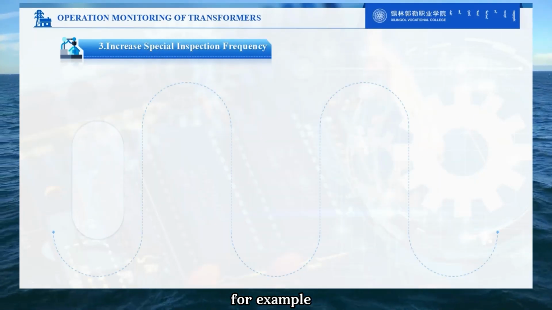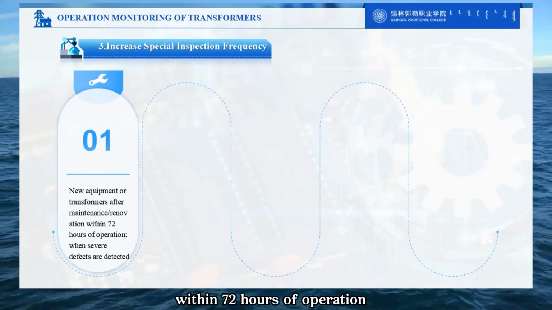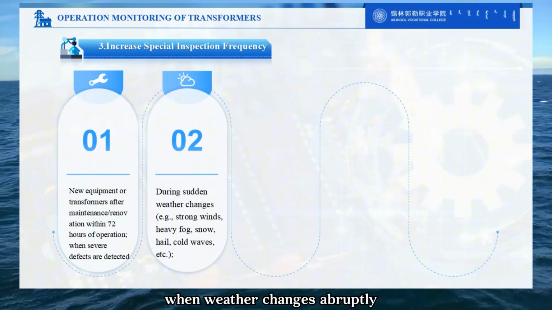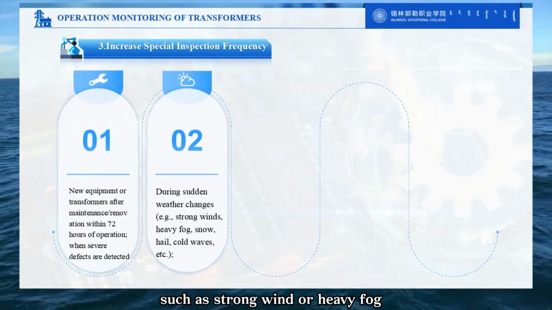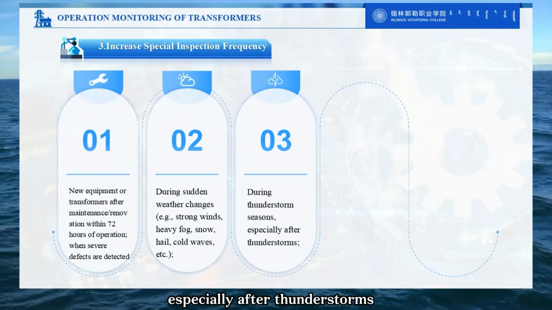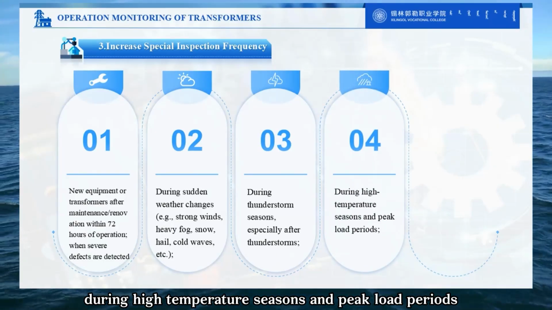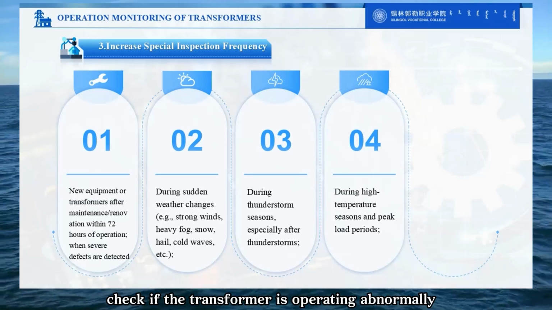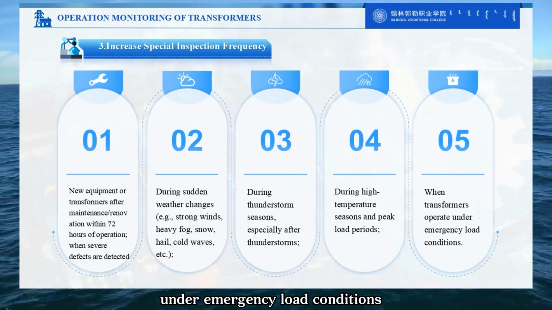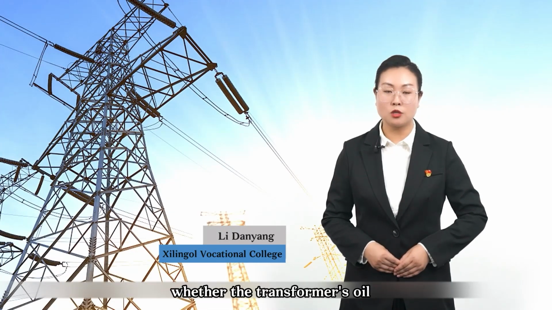For example, new equipment or transformers that have undergone maintenance and modification within 72 hours of operation. When there are serious defects. When weather changes abruptly, such as strong wind or heavy fog. During the thunderstorm season, especially after thunderstorms, check if the transformer has been exposed to rain. During high-temperature seasons and peak load periods, check if the transformer is operating abnormally. When the transformer is operating under emergency load conditions,